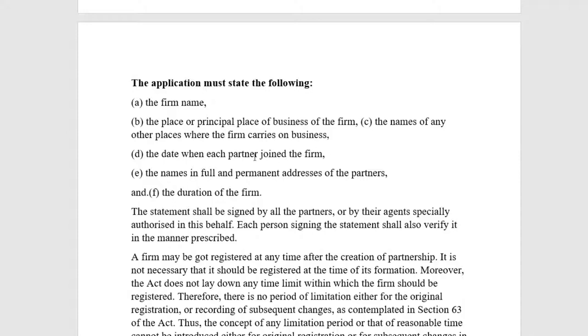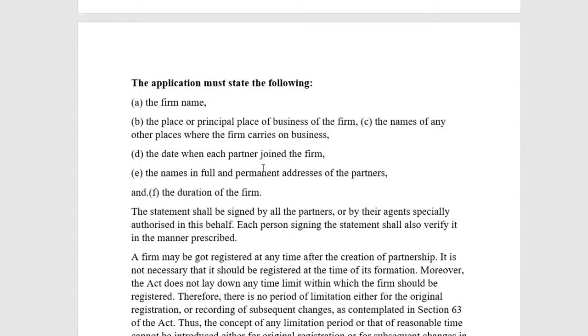and the date when each partner has joined the firm, and the names in full and permanent address of the partners, and the duration of the firm. So these are all very much important. That means the duration of the firm has to be mentioned, and the information with regard to when the partners have joined the firm, because as you know, certain partners will join later. So their disability or ability will depend upon this aspect,